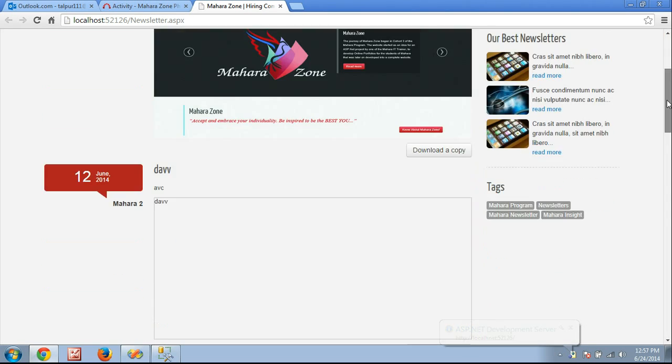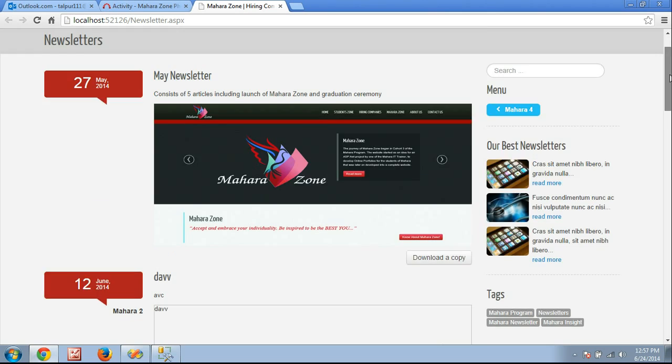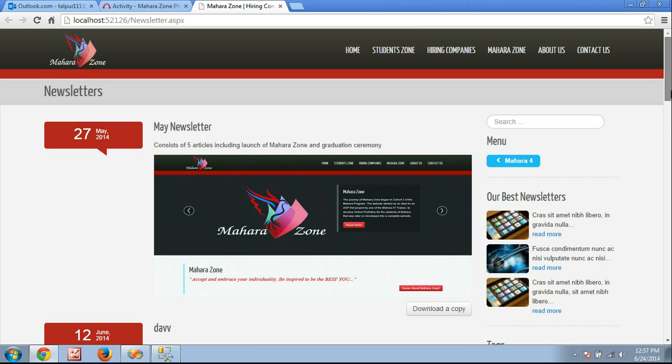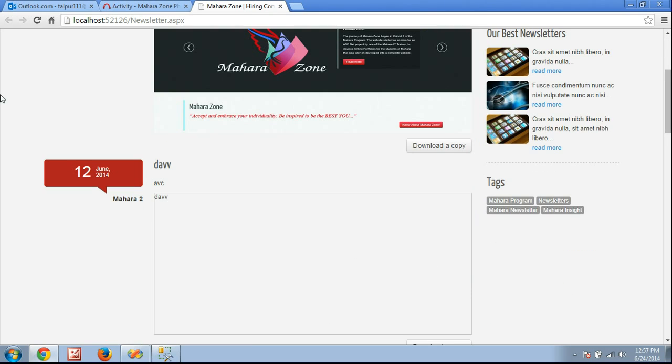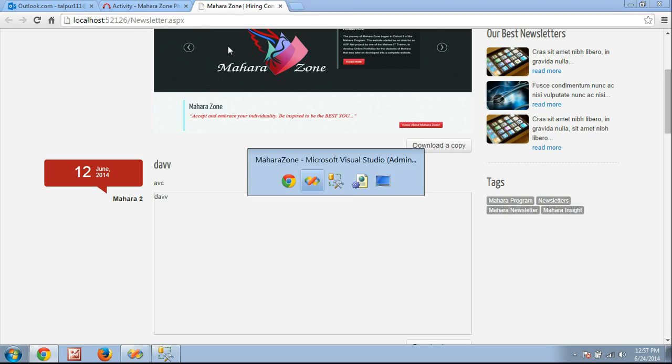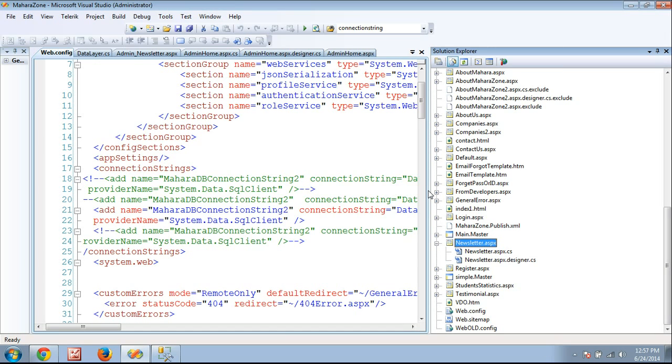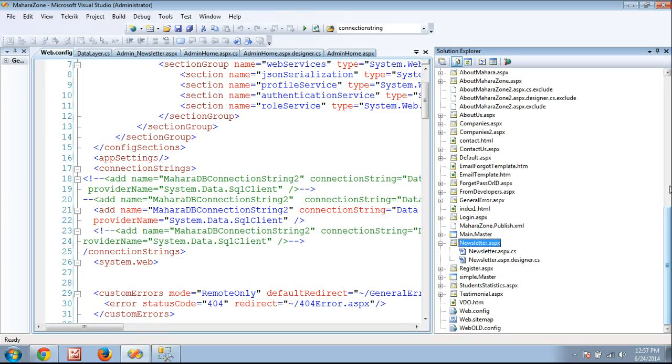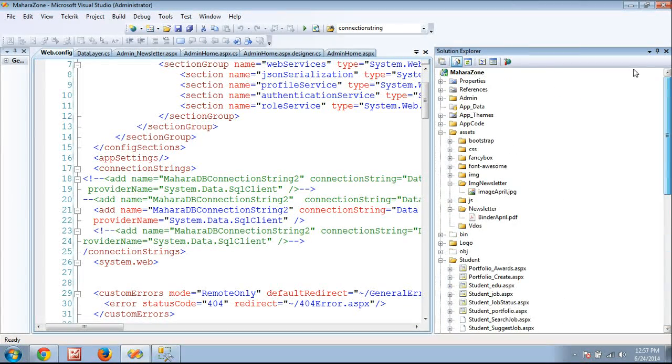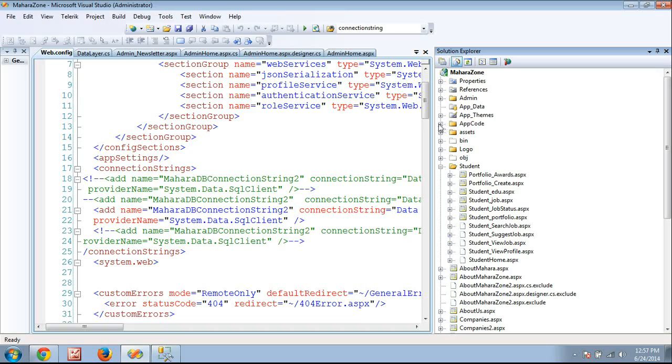Yeah, if it shows you the newsletter page like this, with some information maybe, it means without any error, it means that it is working, your website is working perfectly. So yeah, now you can connect to your own local copy of the database. Okay, after that we'll go to the